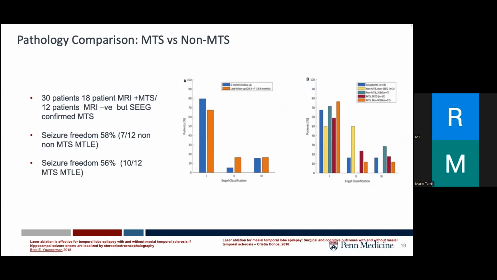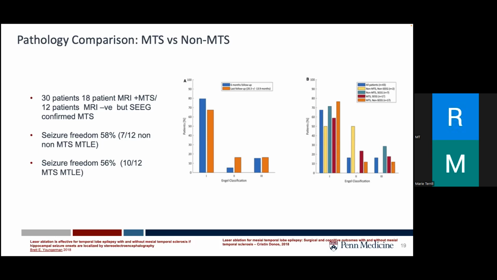In reviewing patients with pathology, that is patients with MRI evidence of hippocampal sclerosis, or without hippocampal sclerosis, some of the older studies have suggested that there didn't seem to be a difference in surgical outcomes. So there are several studies out there, but I've just highlighted one where it looked at 30 patients who had MRI evidence of mesial temporal sclerosis, and 12 patients who did not, but both groups were proven on stereo EEG to be mesial temporal lobe epilepsy. You can see that the seizure freedom rates are pretty similar in both these groups, and there was no significant difference with or without the presence of hippocampal sclerosis on imaging.